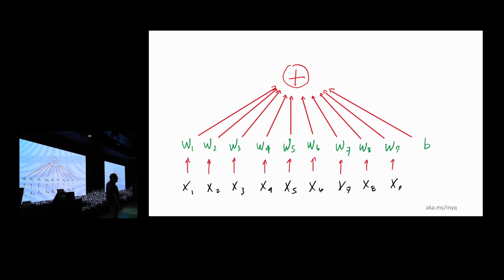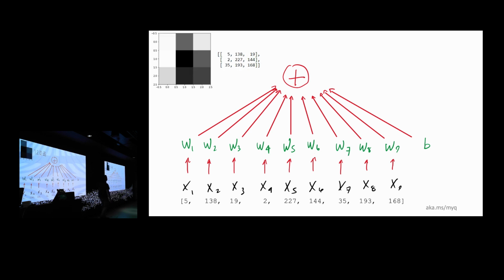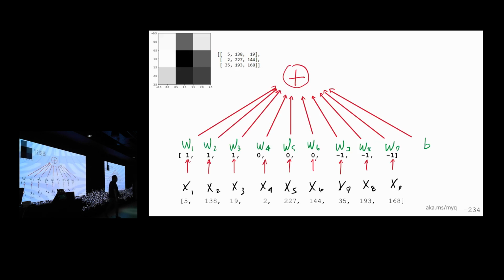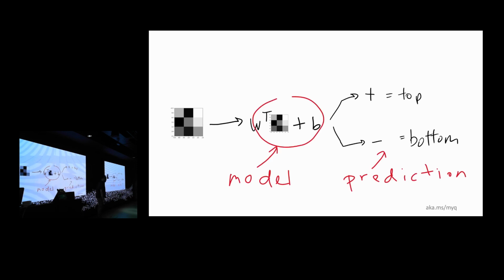It's true. So basically, you people just made a machine learning model. Let me show you. These numbers go in, these numbers come out. At the bottom, you see 236, you guess top. Same thing with negative on the bottom. You see negative 234, you guess bottom. That W and that B is a machine learning model. And that thing you made is a prediction. That's it. All of you are saying this can't be machine learning. This is basically logistic regression.